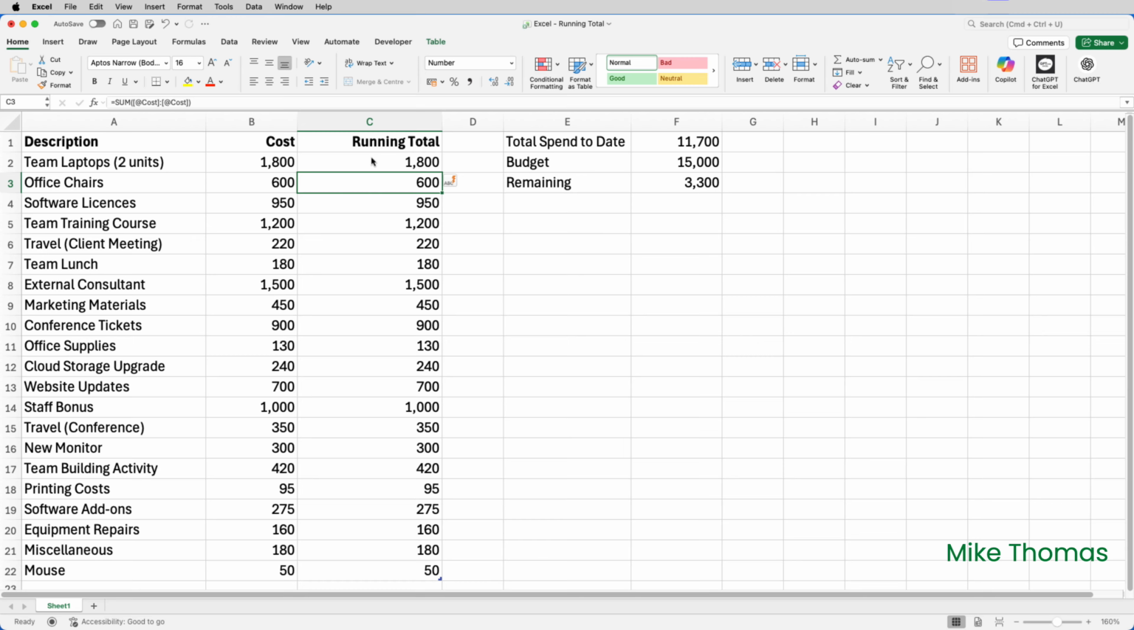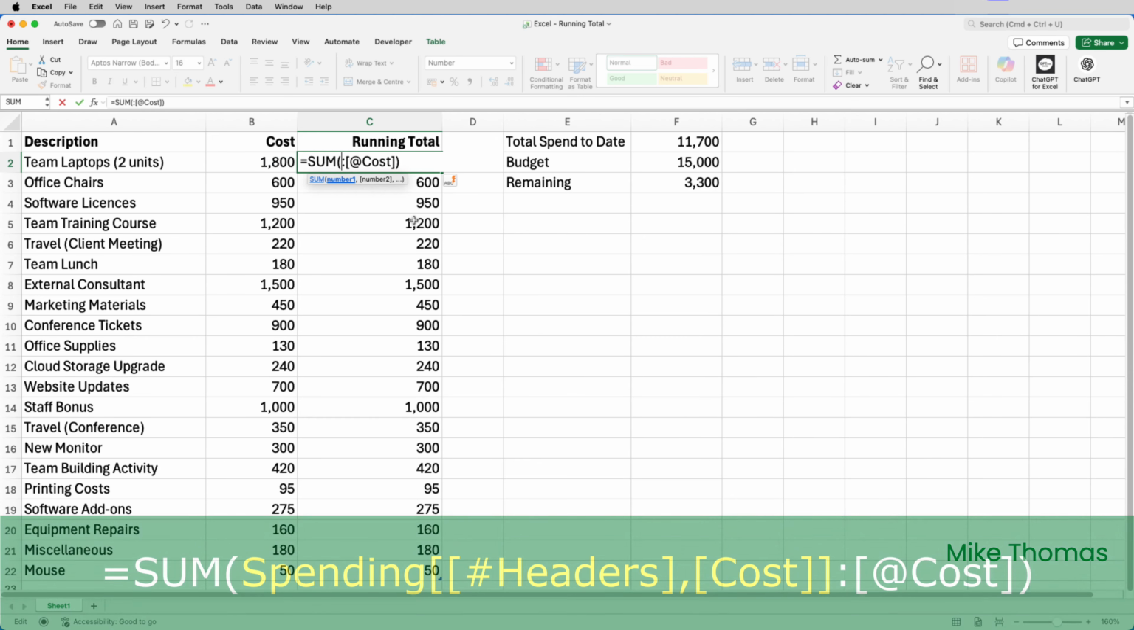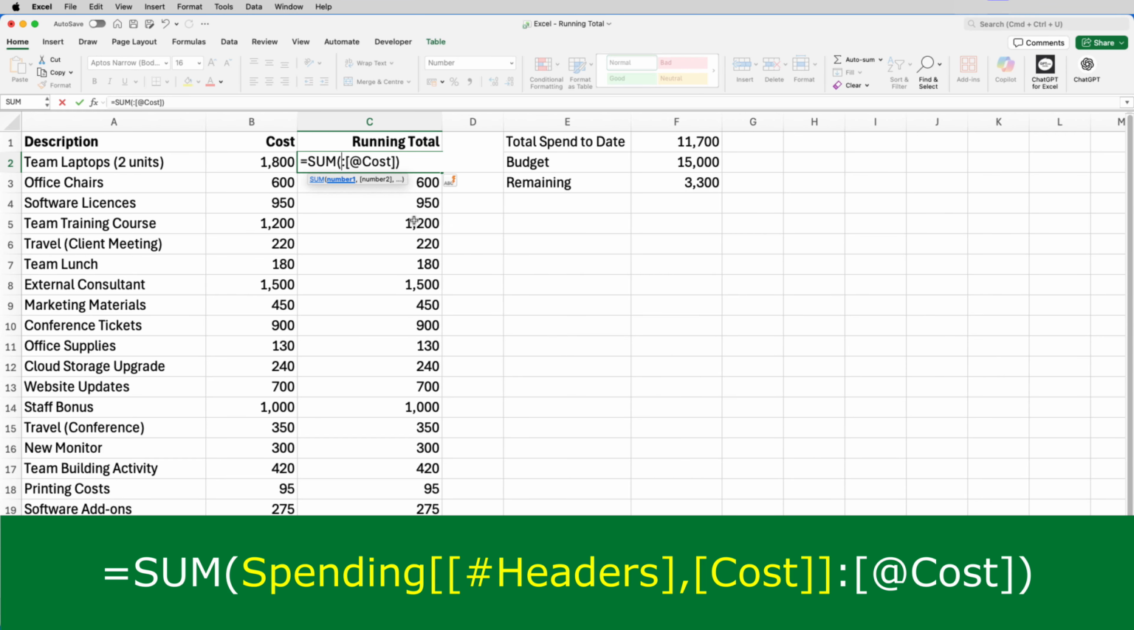Having said that, if you do want to use just structured references rather than a mix of normal cell references and structured cell references, you can actually replace the B2. So again, I'll edit the formula in C2. I'll delete out the first @cost. And then what I want to do is put this reference in. It's a reference to the header row of the cost column. And the reason for doing it this way is that it's a reference that won't change as the formula is